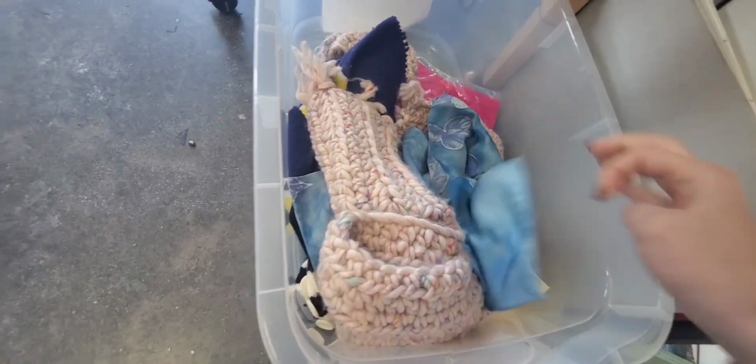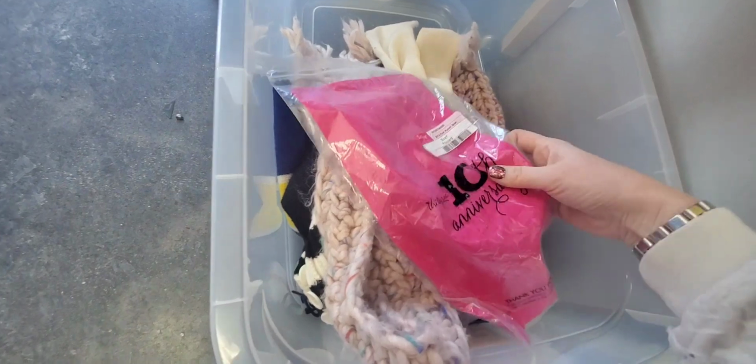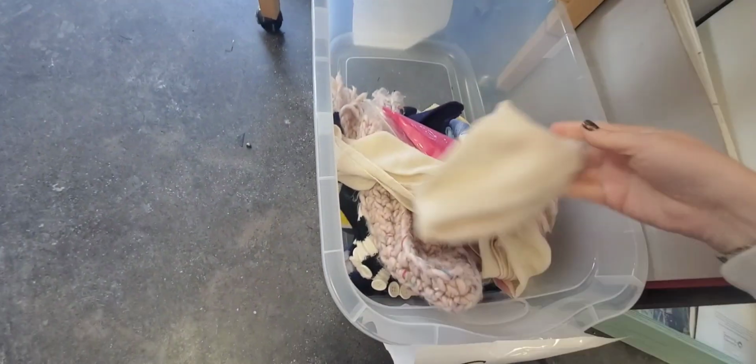Nothing else in this box seemed to be worth much. There was another vintage scarf, but it was just a little polyester piece. Knit one, and there was like a 31. I don't even know what that was. Alright, off to the next